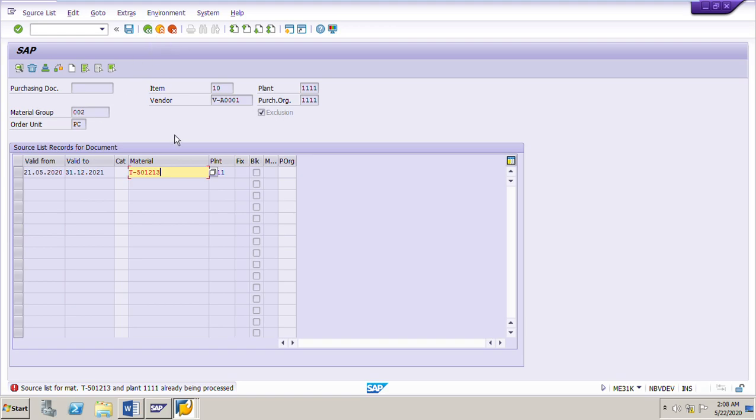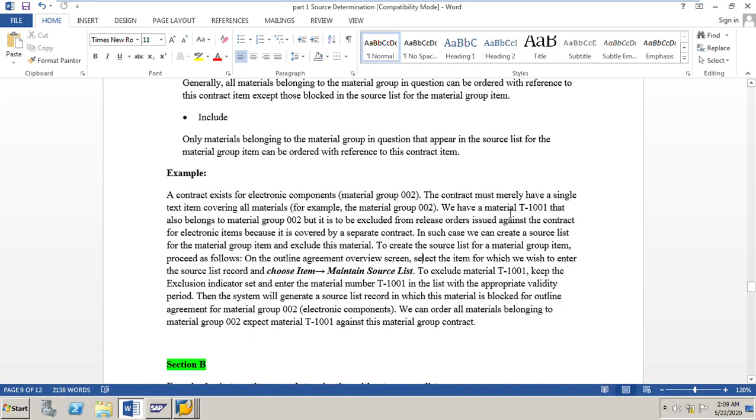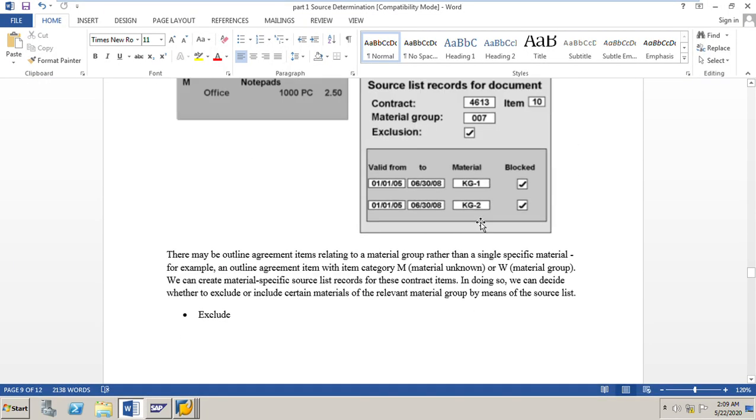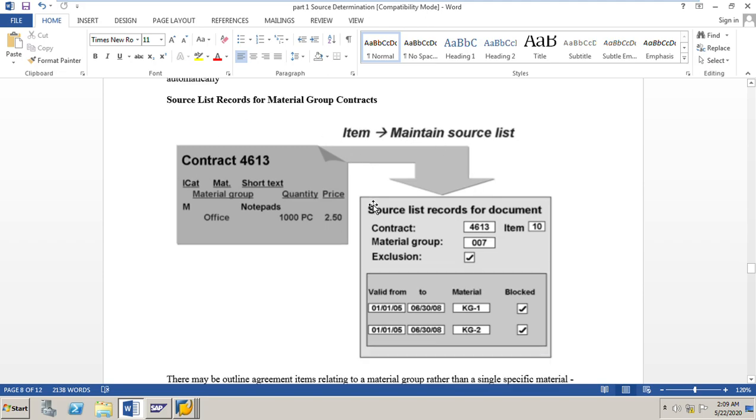Go back and save the contract. Once you save the contract, the system will create a source list for this particular material, such that this material will be excluded from the contract of that material group. This is how to exclude a certain material from a material group contract.